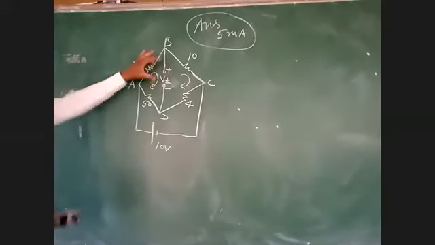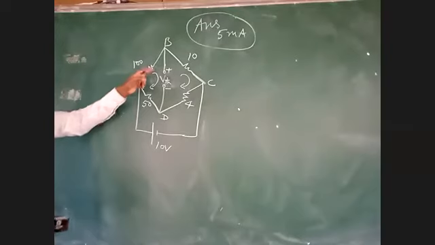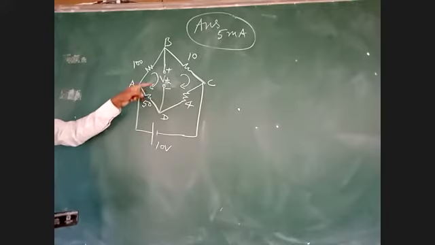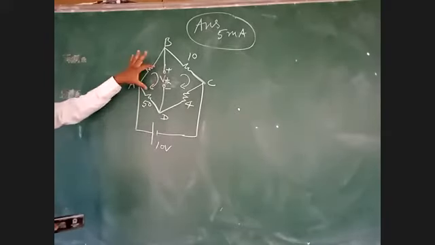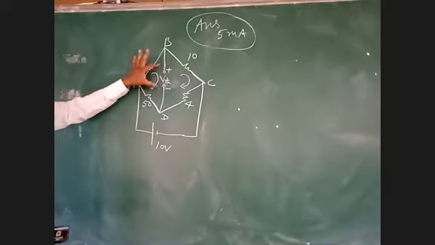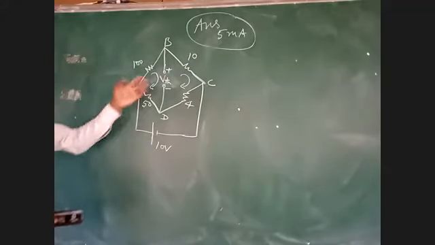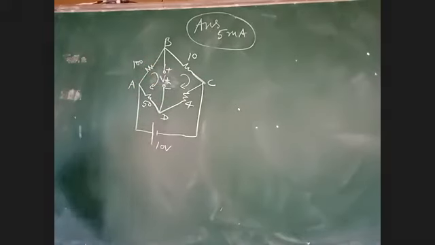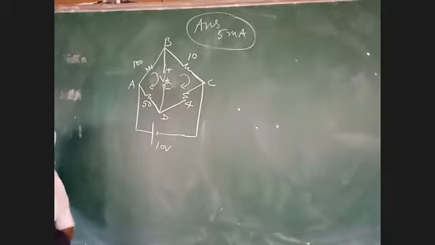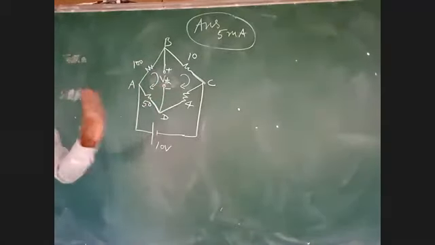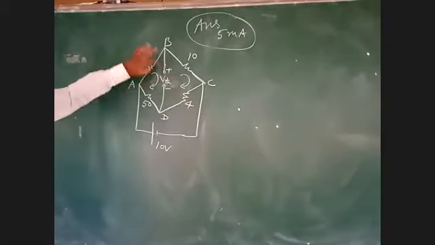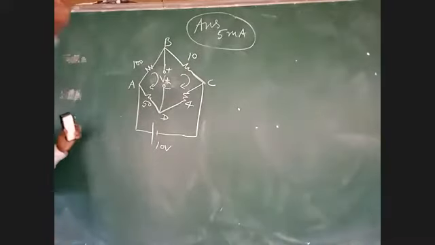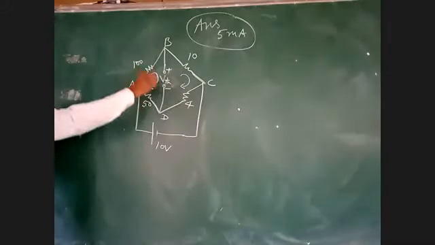For determining this Thevenin voltage, I have to consider one reference direction. Either this direction, the arrow can be taken clockwise or anti-clockwise. You get the same answer. For determining VTH, I can consider this loop or this loop, any one loop. These two are reference directions only, not current directions. Because if you take this loop, your current is 0. Okay. Now I have to write the loop equation.